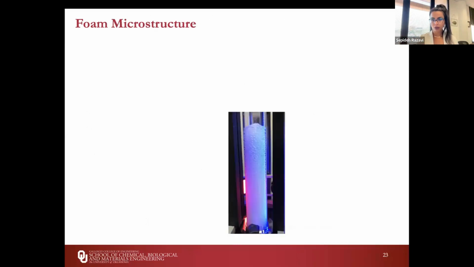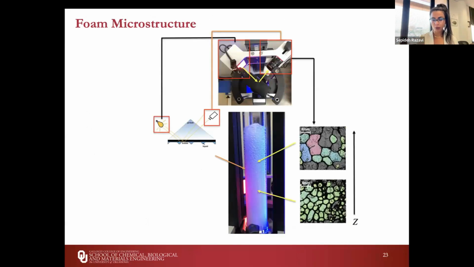Okay, so what is happening and how can we explain this from understanding the interfacial microstructure of these bubbles? We can further characterize these systems by looking at another set of light source and sensor. This is a light source that is coming through the back of this foam column right here. There's a prism that you can shine the light through, and either it can go through the solution or it can get diffracted from the bubble surface and get picked up by this objective to give you the bubble microstructure data as well. And we have this camera on a railing, so we can move it up and down to get microstructural information as a function of the foam height.